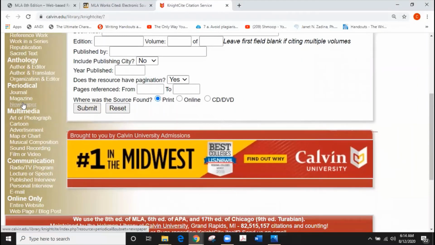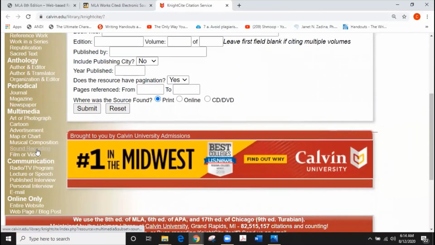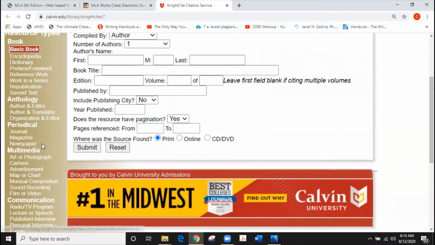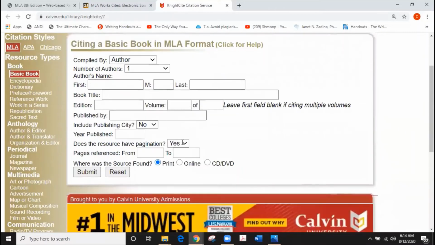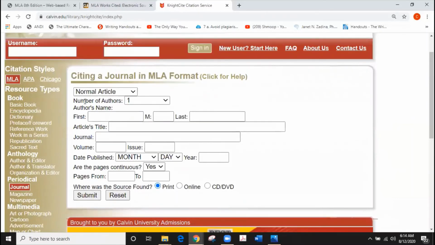So you're not going to find databases on this list, and that's because what will happen is it's going to ask you that within the generator itself in the middle of the page. So when we look at, say, a journal article, we would click on that, we'd fill out all the information. So maybe you have your article title, and then you would have your journal, such as some academic journal or some trade journal, the Harvard Review, something like that.